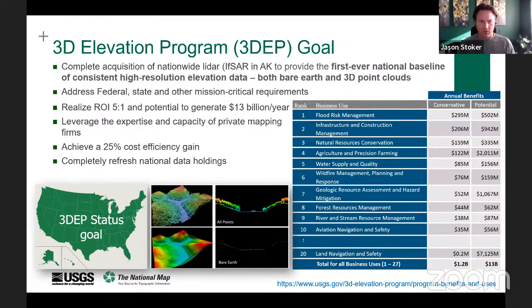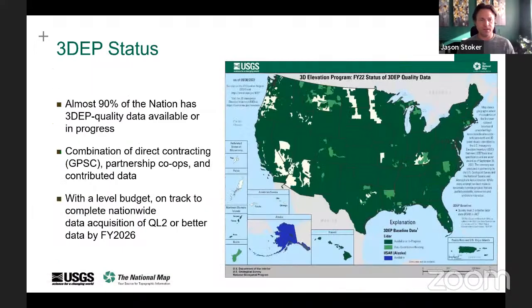And so with that in mind, we set up this program that partners with state, local, nonprofits, even private sector folks to pool all our money together in order to get a large area LiDAR acquisition done. And our goal is to really have that kind of data available for the whole US in the time frame of less than a decade, but it's all based on funding, of course.